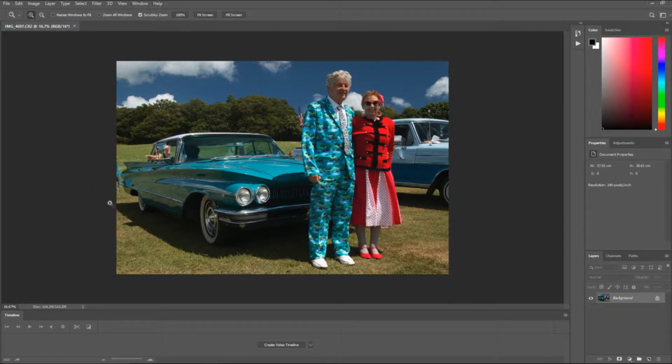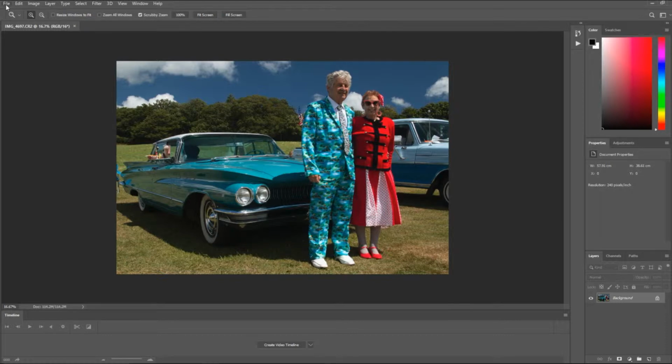So here is the familiar Photoshop workspace, and what I'm going to show you how to do with this image very simply is just to pop a stroke border around the edge of it, and the way that I'm going to do this is as follows. So here we go. The first thing that we want to do is to actually increase the canvas size of our image, and in order to do that we are coming up to our menus up here,